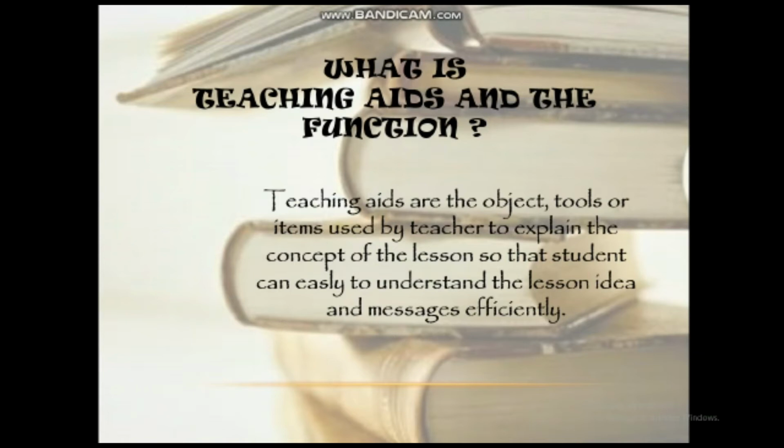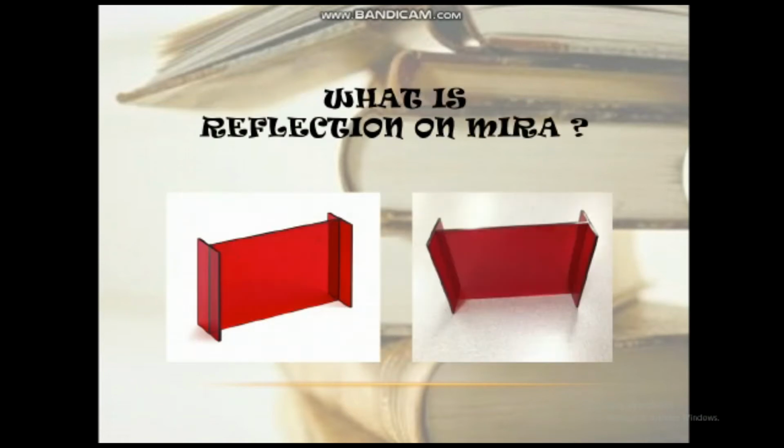There are many types of teaching aids, considering students' grade level, corresponding interest and ability, such as mirror reflection, GeoGebra, and others. Next is, what is mirror reflection? Mathematics students in 9th and 11th grade are studying reflections and it's quite difficult to explain. Using teaching aids, especially a mirror, to explain it will help students understand easily. The teacher will directly show how reflections look, so the students' understanding of reflections is not abstract anymore.